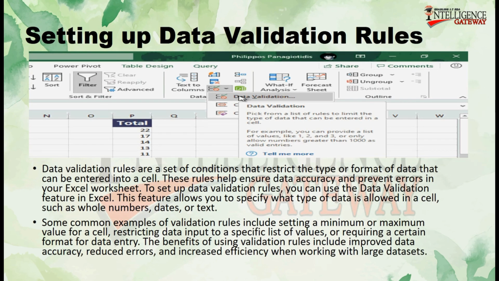Setting up data validation rules. Data validation rules are a set of conditions that restrict the type or format of data that can be entered into a cell. These rules help ensure data accuracy and prevent errors in your Excel worksheet. To set up data validation rules, you can use the data validation feature in Excel. This feature allows you to specify what type of data is allowed in a cell, such as whole numbers, dates,